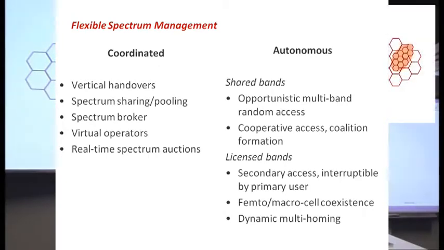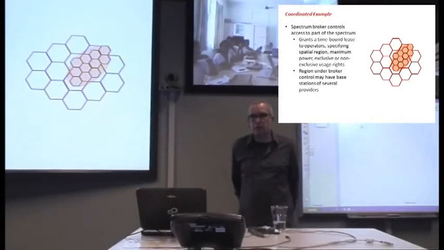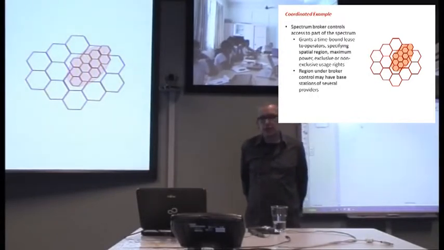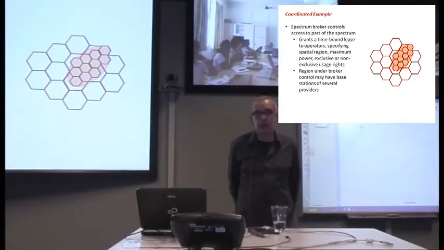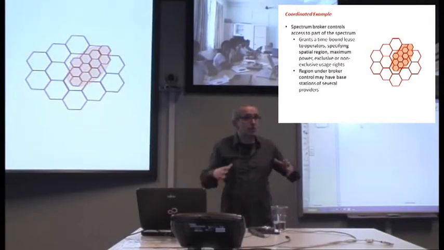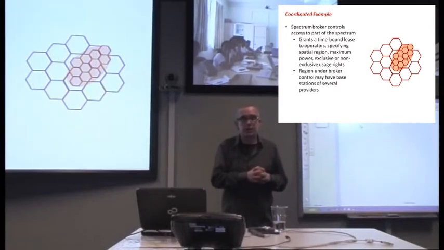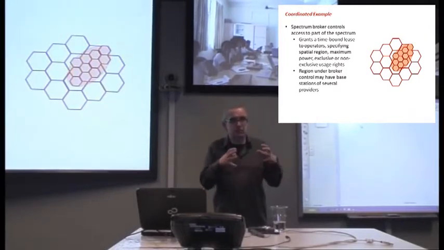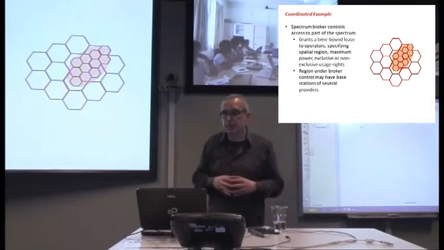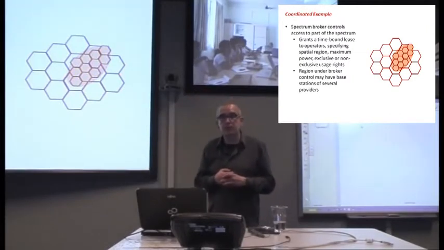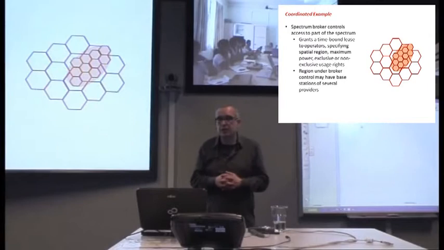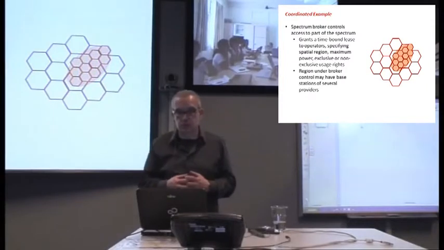Okay, so a couple of examples of this. The first one I have already mentioned before, which is this idea of a spectrum broker that controls access to part of the spectrum, so that you could have, for instance, an operator that has some of its own spectrum that's leased to it, but then there are some peaks in demand that whenever it cannot meet the demand with the existing spectrum, it could go to the spectrum broker and obtain an additional, time-limited lease, for a certain region, for a certain part of the spectrum, to augment its own spectrum holdings.